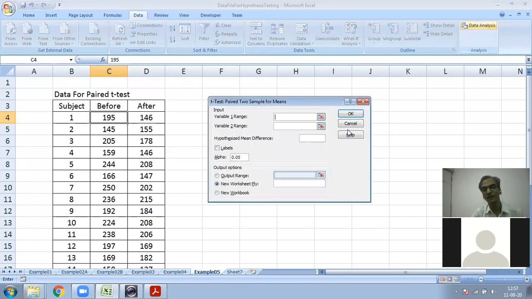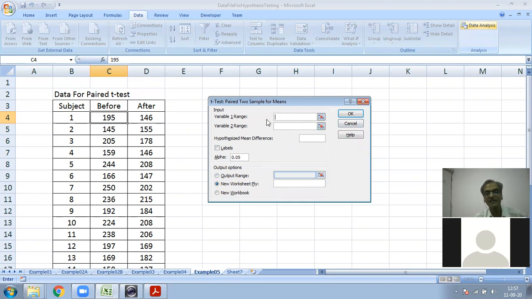Click on the OK button. Again a new pop-up window will open. It shows the variable range 1, variable range 2, specify the hypothesized mean difference, select the label, specify the level of significance, specify the output range and click OK.